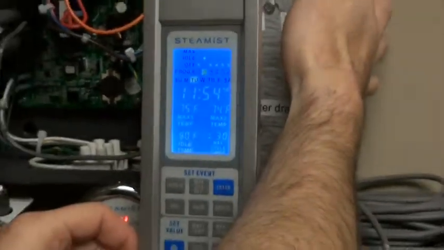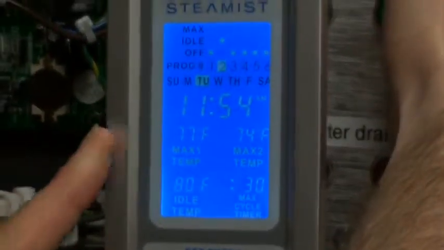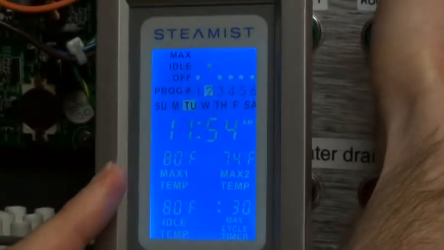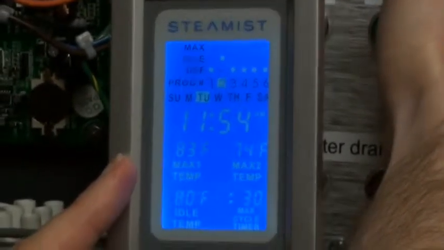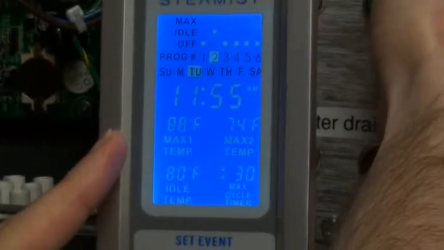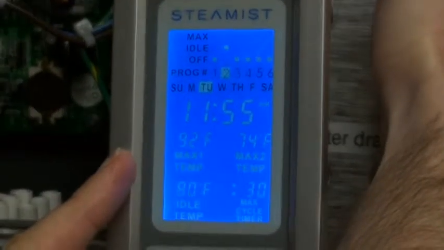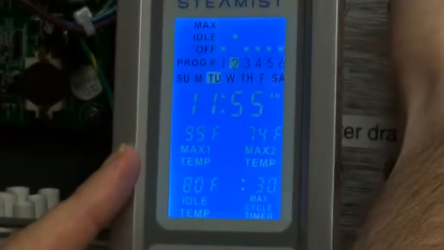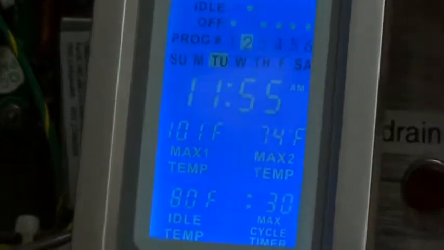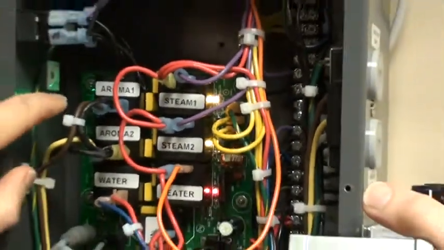This is the max 1 button. This is a simulator I'm using, but you can see max. This is a simulation, so room number 1 will climb all the way until we reach 115 degrees. That was our set point. Once 115 is reached, we'll see the steam 1 light go off. The aroma light kicked on,